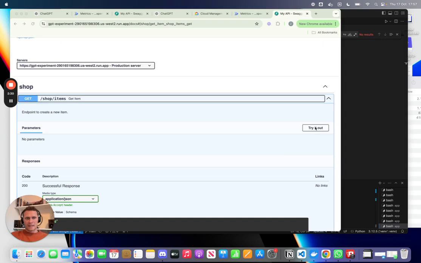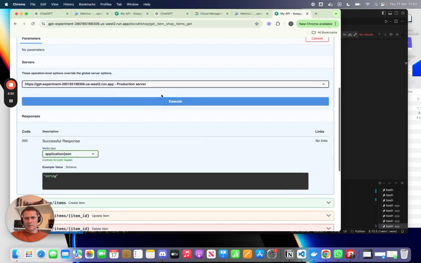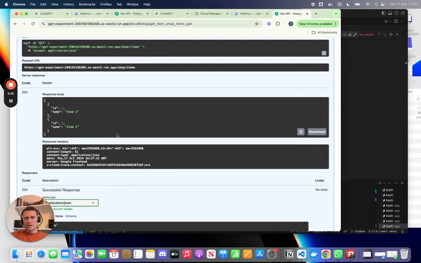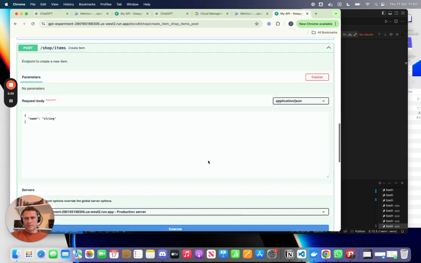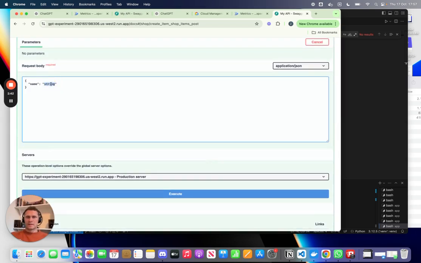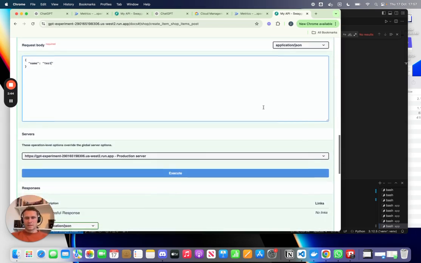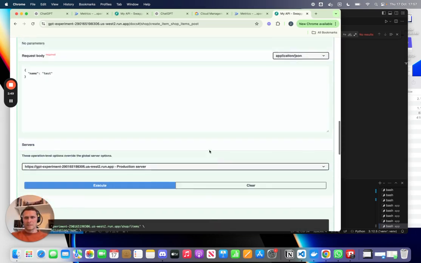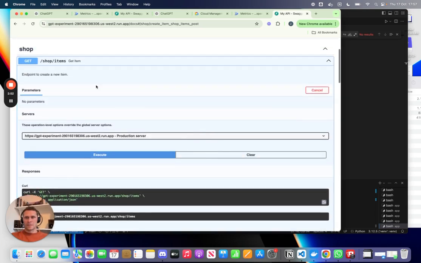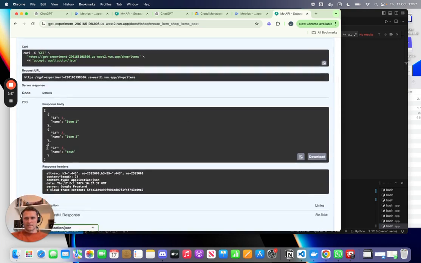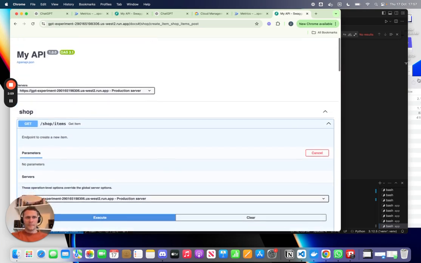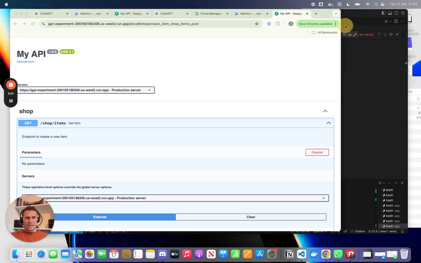Use the get endpoint, try it out, execute. You can see item 1, item 2, ID 1, ID 2. And we can add to the shop by just pressing the test button and then typing some text and pressing execute. See, that's been successful. We head back to the top and use the get endpoint again using the execute button. We'll see we've now got 3. And what we're going to do is connect GPT so that it can interact with it instead of us interacting